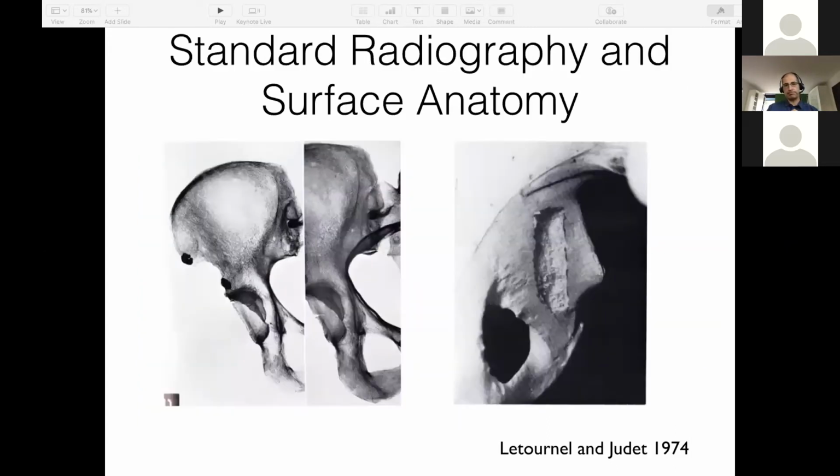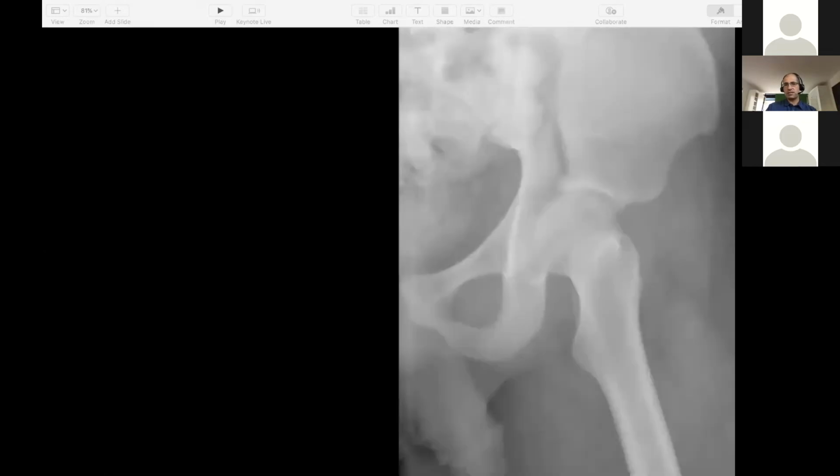Okay, standard radiography and surface anatomy were really worked out to a great degree by Judet and Letournel in their classic book and articles. And basically how they did this was they would take a pelvis. They would either lay a band, like a piece of lead tape, on a surface and X-ray that and see what that surface actually was associated with on a radiograph, or they would just erase areas. You can see how they kind of eroded or just kind of carved out the quadrilateral surface here, and they would take an X-ray and see what that did to change the appearance radiographically. So a lot of this stuff that we teach you now is based on these techniques back in the 60s,